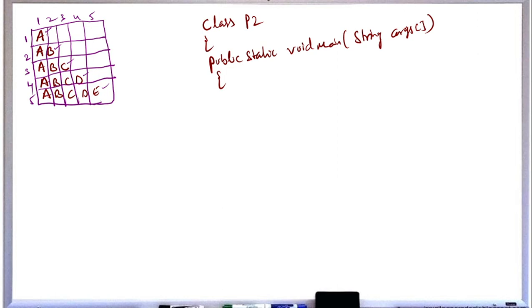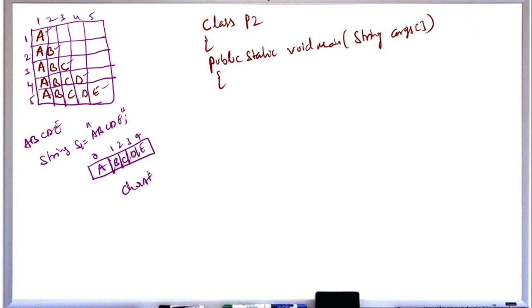You know, these are stored like a string. For example, a b c d, how will the string be stored? For example, you are giving String s1 is equal to a b c d. So how will the string be stored? Very simple, the string will be stored like a b c d e, and the index will start from 0. So easily we can extract the character from the string by the method charAt, and we are able to print it. That's why we will take a string.